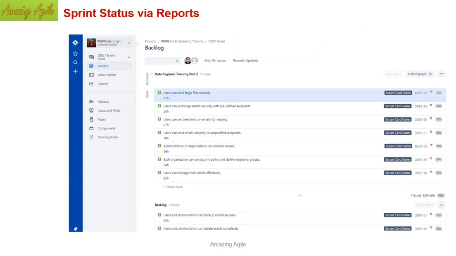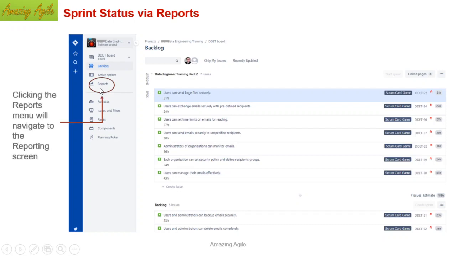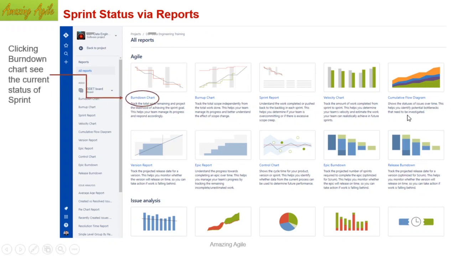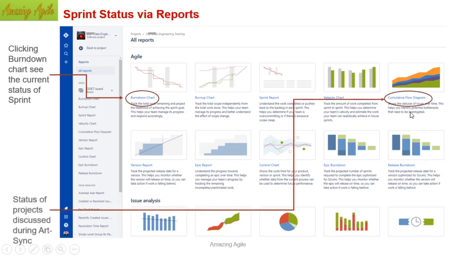Now there is a certain thing I wanted to tell you, which is not a part of my scope, but I thought let me share it. That is the reporting part. There is an option to do the reporting in Jira. I hope you are doing it. The main reports are the burn down chart. Then you can see the cumulative view. In my project, I do see these two. This is for every project.